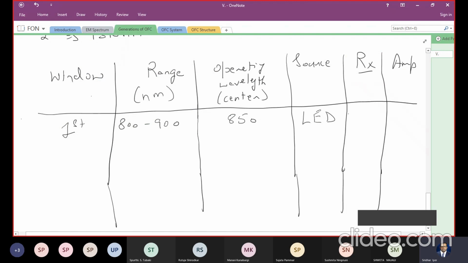However, LEDs are preferred because they are cheap, and for short distances they operate very well. Therefore, all the projects which you are doing will have LEDs. They will be the ones which will be glowing, because you are showing everything in a short distance. For short distances, LEDs work. For longer distances, they don't work. They are inefficient, therefore we have to use lasers. So in this window, LED was the one which was used as a source.